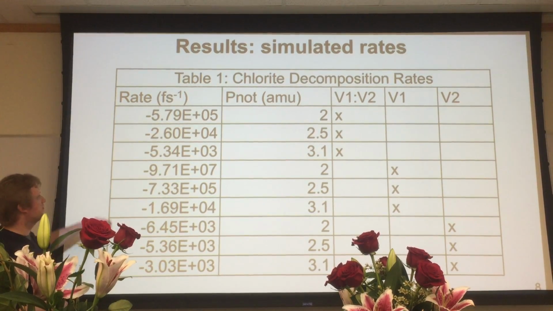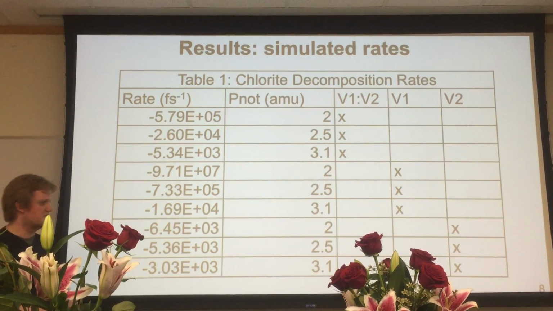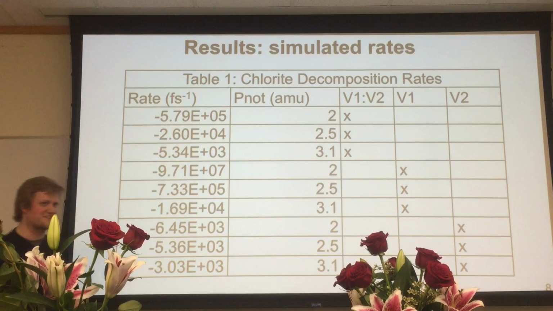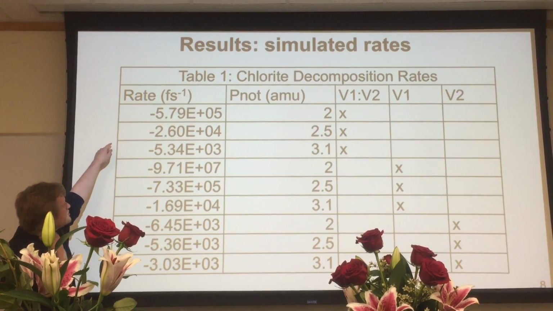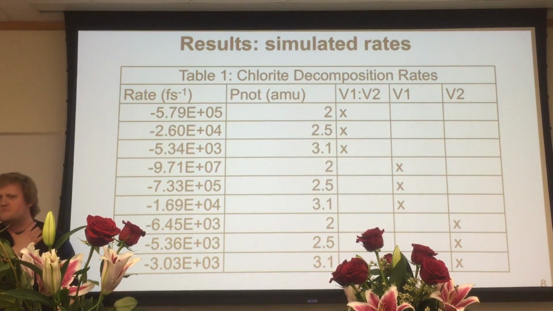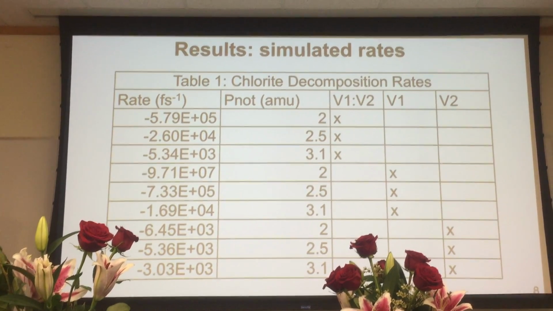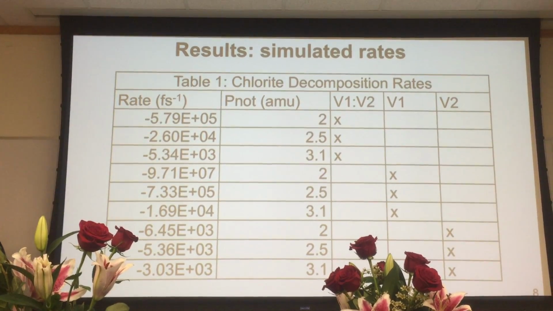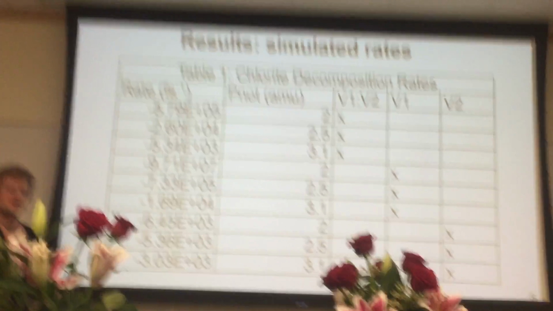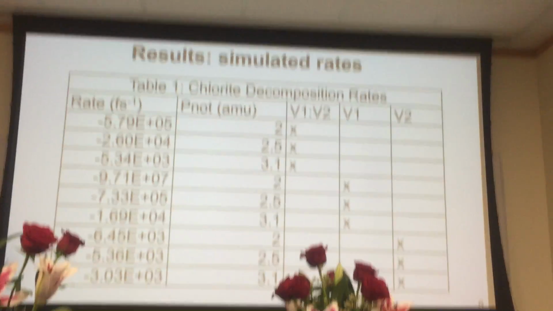But if you look at what's happening when I'm increasing momentum and effectively increasing my kinetic energy, my rates are going down. So it's a little backwards. And I think that has something to do with how I'm determining my rates. Also, just to set upper bound and lower bound limits,